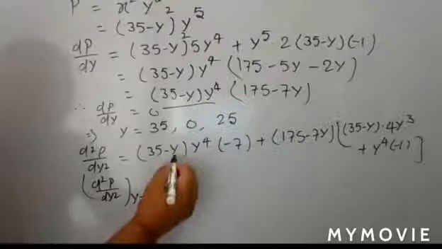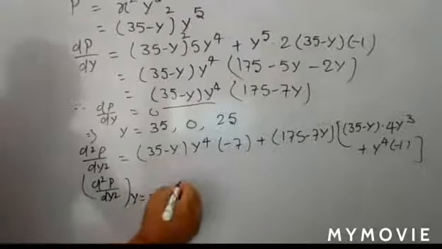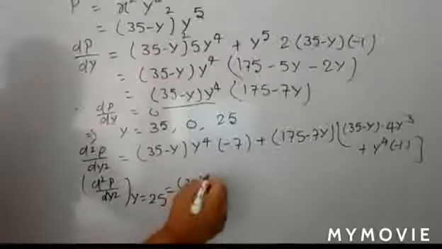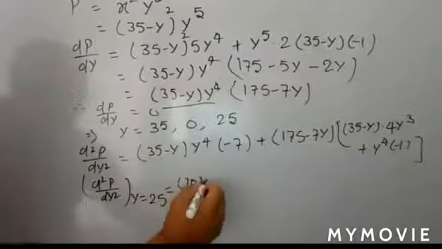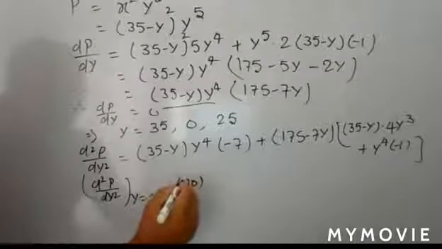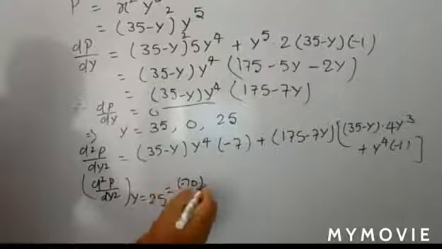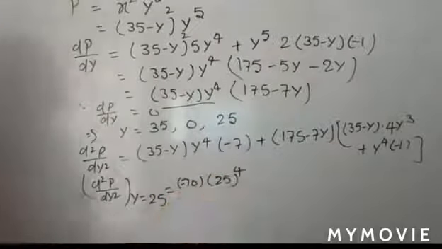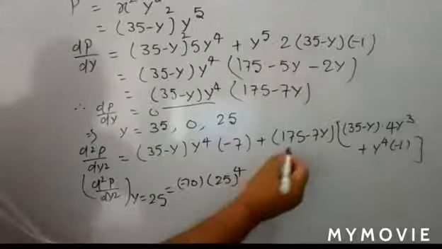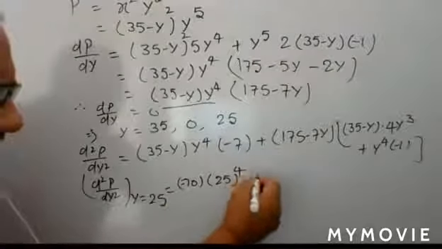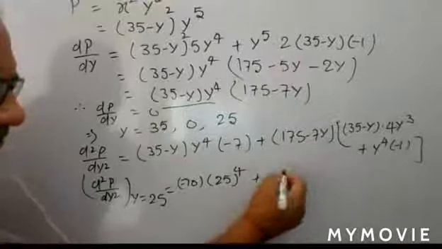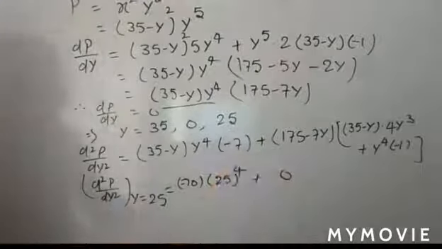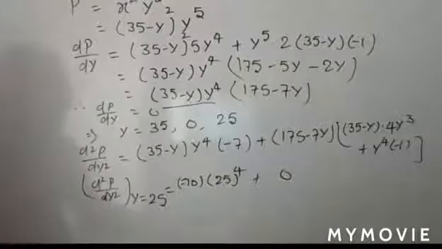So if you are putting here y is equal to 25, so just here you have 10, and here you have negative sign. So here 7 is also multiplying. So you write here minus 70 into 25 to the power 4. You can write in this way. Okay. And this one you can write, so that be 0. Yeah, 25 into 7. Just check it.